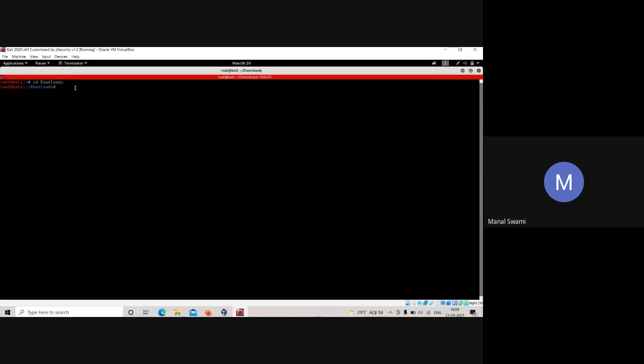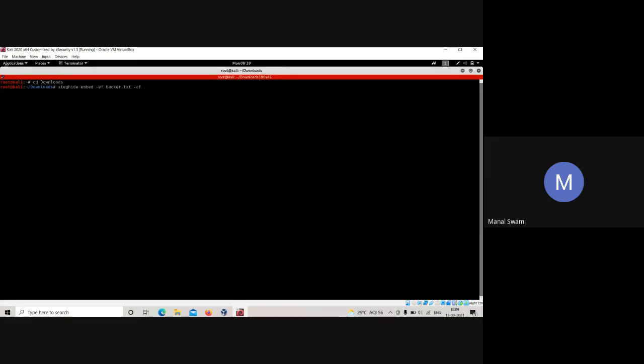If you don't want to navigate, what you can do is specify the path of both files, the target file and the other message file. So I type steghide embed because I want to embed the data, and then -ef for my text file. The text file will be hacker.txt. Now -cf.